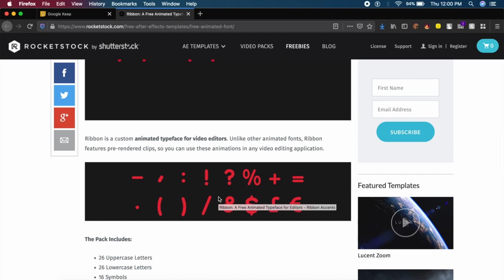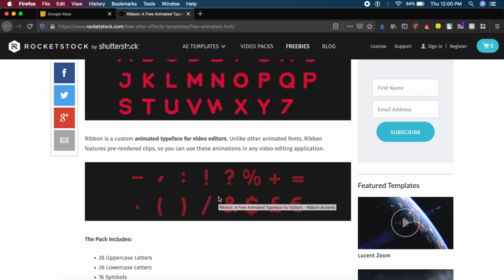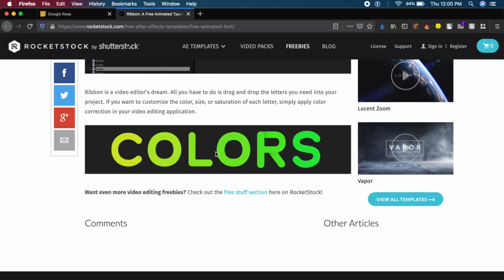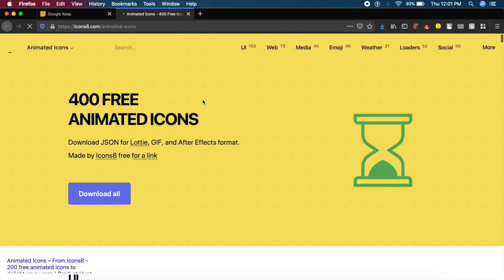You can download each one of these as a separate MOV file. And of course, you can implement these in your favorite Adobe XD, Sketch, or Figma, whichever one's your favorite. And you can do that by using a plugin called Anima. It allows you to insert all these cool GIFs, JSON files, as well as all these animated videos into your projects.